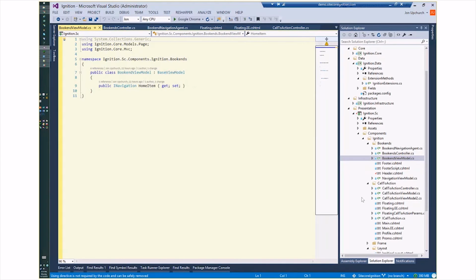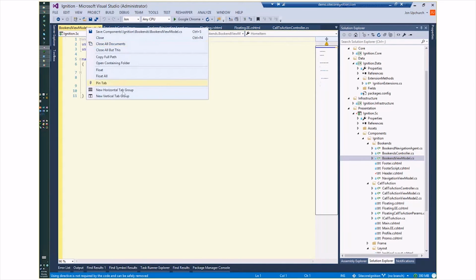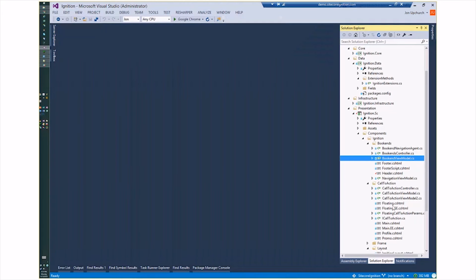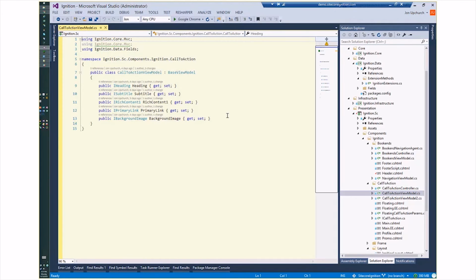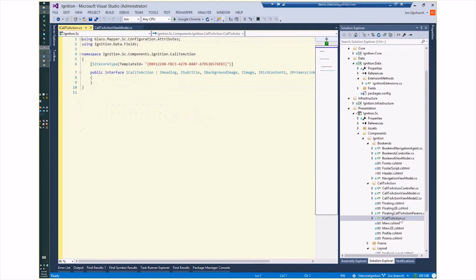They can get a little more complicated, so I'm going to show you. Close all documents. We'll go back to one of these call to actions. This is where even more wizardry happens. Here you add these types: the heading, the subtitle, the rich content, a primary link, a background image. Those are all templates in Sitecore. And if we look here, this is actually the model. So if we go into Sitecore and I look at the call to action template,